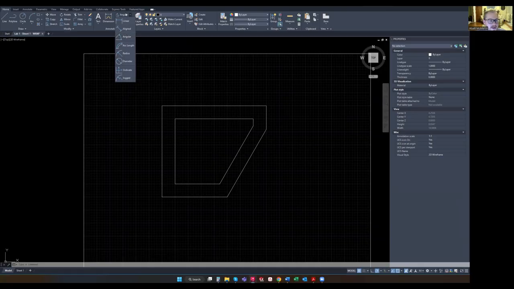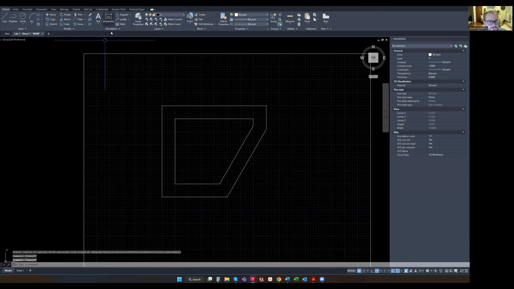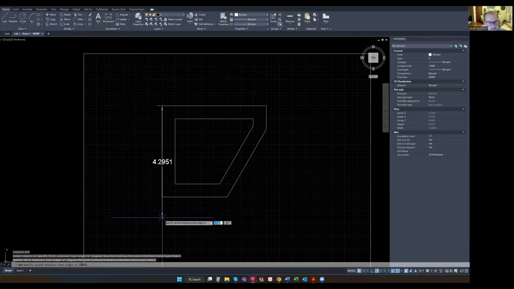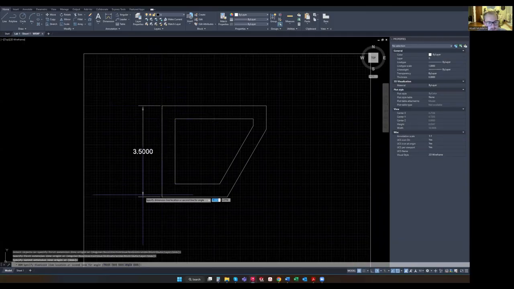And if you want some sort of special dimension, like a radius or a diameter or an angle or something like that, I would just come into this little drop down in the annotation toolbar and grab it from here. Alternatively, you could type DIM, enter, and that will give you the same tool as if you just clicked this button right here. So let's grab our dimension